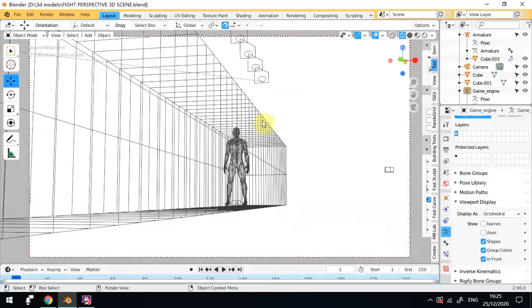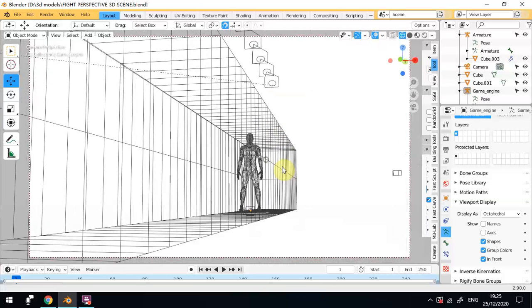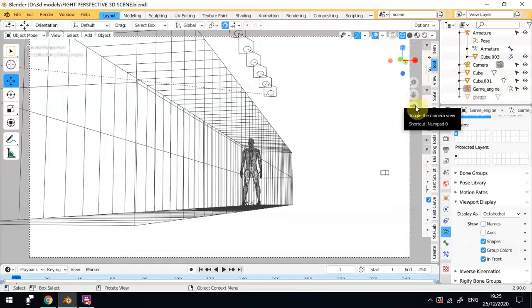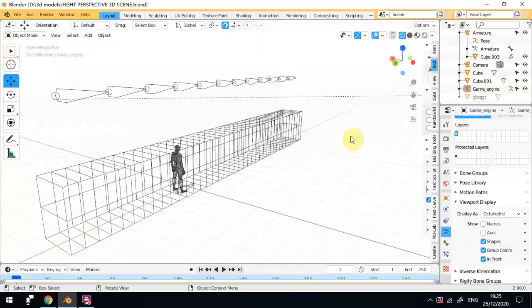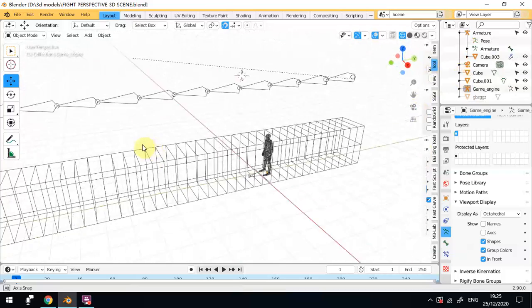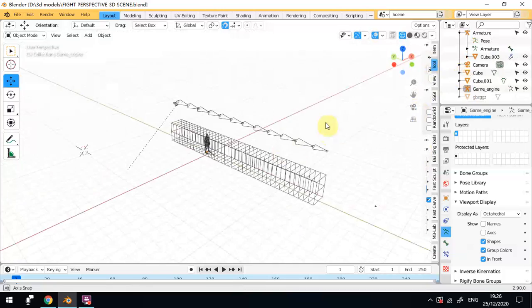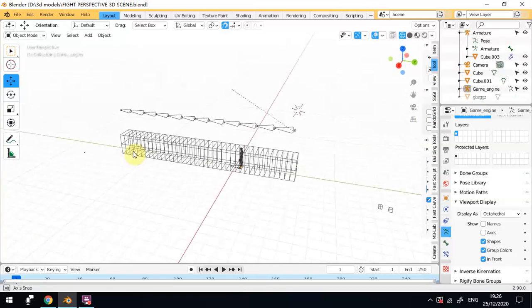Okay, meaning we're actually looking through a 3D camera, meaning I do have a camera in the scene, is what I'm trying to say. And I'll show you that if I just go to my camera settings. When I'm not looking through the camera, you see, there. But I can just look around, and when I go back to my camera view, wherever that camera is placed,